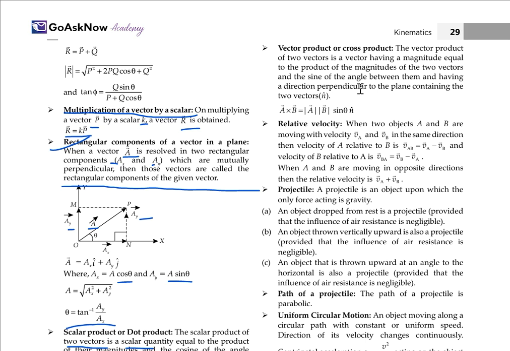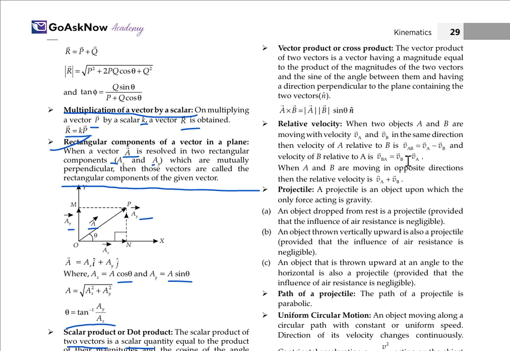Now, the vector product: A cross B is equal to AB sin theta. A cross (B plus C) is equal to A cross B plus A cross C. The vector product of a vector with itself is 0, a null vector. The vector product of two orthogonal unit vectors: K cross J is equal to minus I cap, and then K cap cross I cap is equal to J cap, and I cap cross I cap is equal to J cap cross J cap is equal to K cap cross K cap, which is equal to 0.